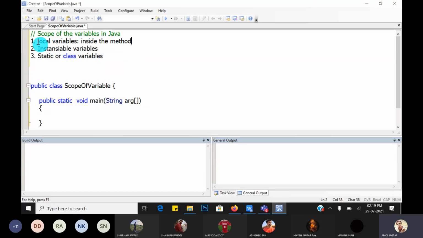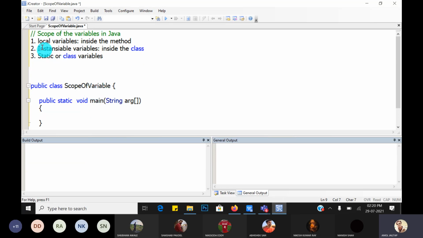Next, instantiable variables. Instantiable variables are the variables which are declared inside the class, but not inside the method. That is, the data members of that class.